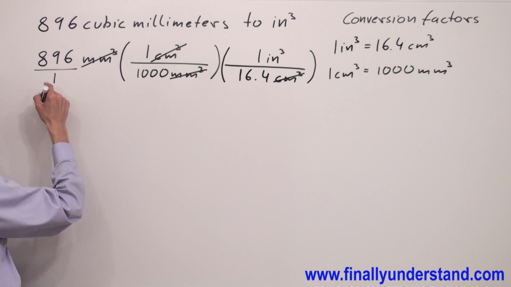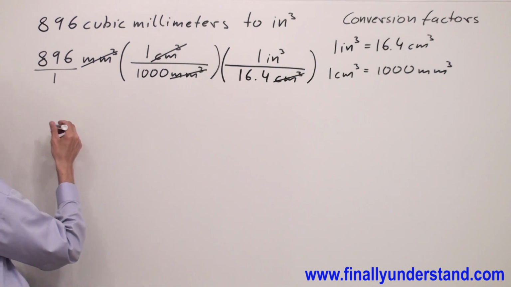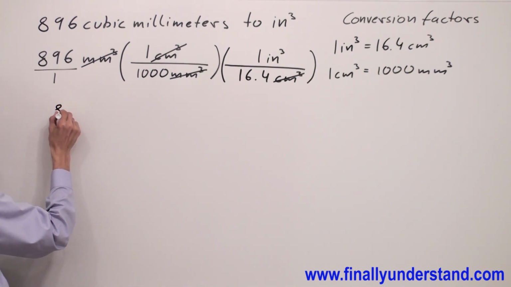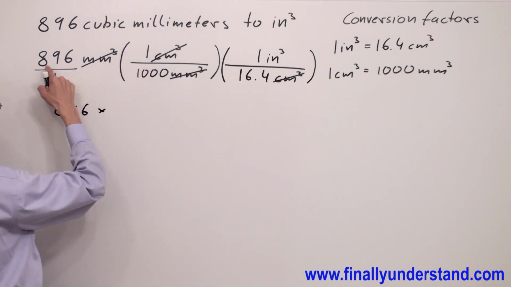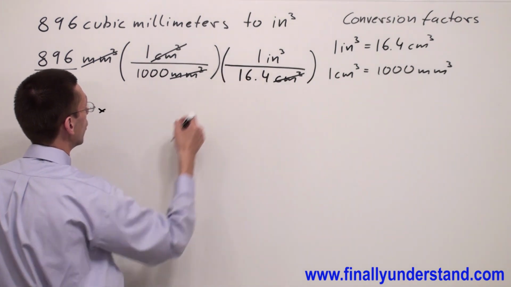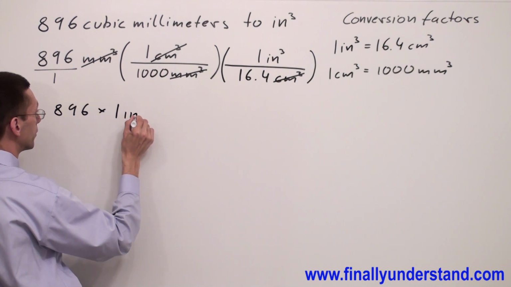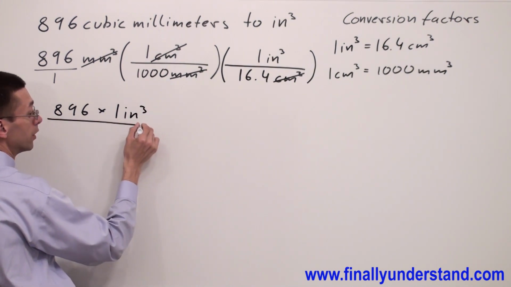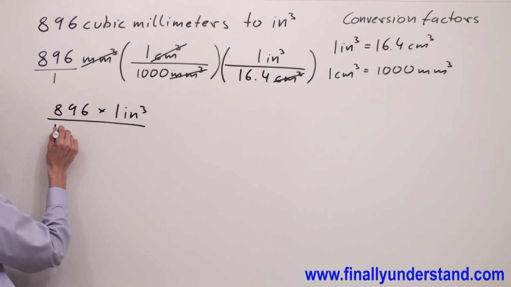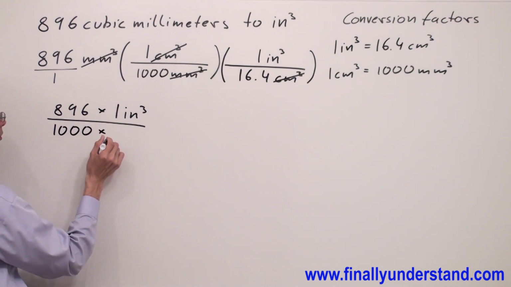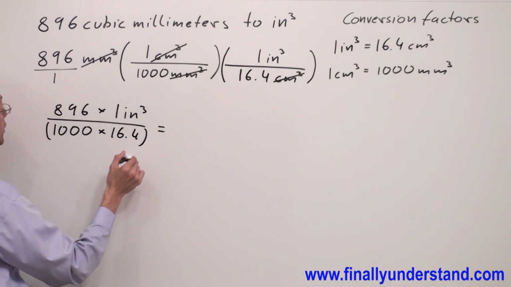Cubic centimeters and cubic centimeters will cancel out, and I'm going to have an improper fraction. You can always make it multiplication. Multiply all numerators together and all denominators together. So we're going to have 896 times 1, it's just simply 896, times 1 cubic inch, over 1000 times 16.4. Use the calculator and you're supposed to get the answer